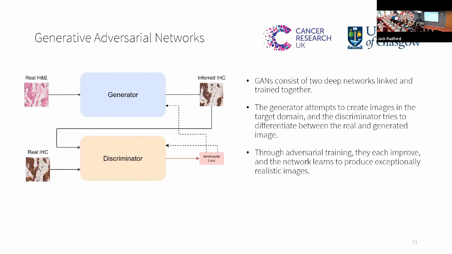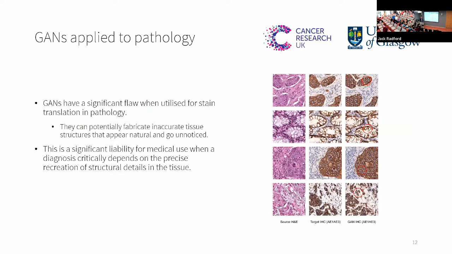And by competing against each other, they each become better at their specific task, where the generator becomes more advanced at producing realistic and lifelike images, and the discriminator becomes more advanced at picking up the fakes. So how do we apply them to pathology, specifically our image translation task? Well, unfortunately, the standard GAN has a pretty big flaw when used for stain translation, because they can potentially fabricate